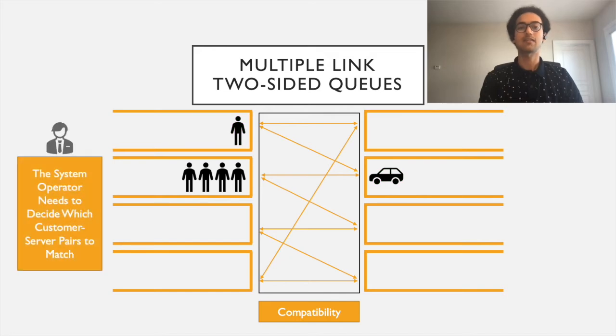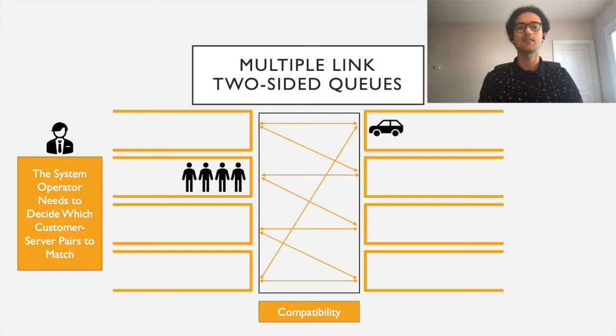If, for example, the system operator decides to match it to a Q1 customer and in the next time slot a server of type 1 arrives, then it will have no compatible customer waiting in the system as we exhausted the customers in Q1 already. Thus, the current matching decisions will impact the future availability of customers and servers,